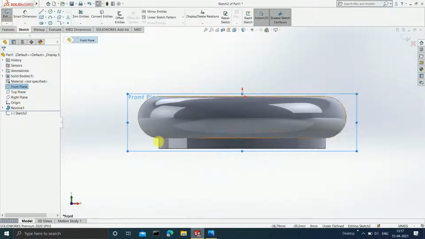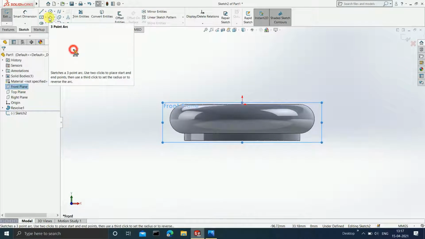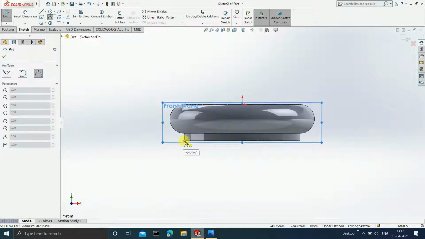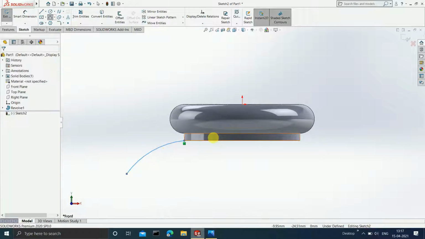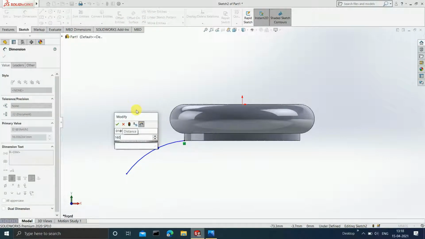Okay, now after this just select this particular 3-point arc, start from this particular point, go somewhere over here and just click on this. Now as I mentioned earlier, the radius should be 160. So give the smart dimensions as 160. The radius should be 160. Click on enter.